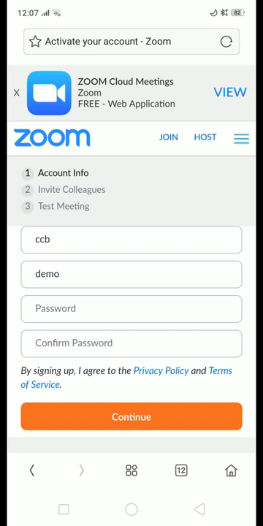Account information is already open, and you can see the information is already filled in. CCB demo, that is the details of your email account, followed by password at the bottom. So you have to enter your password. This is just for verification of your account in Zoom. So you entered the password. If you have some doubt, you can just erase it and type it again.